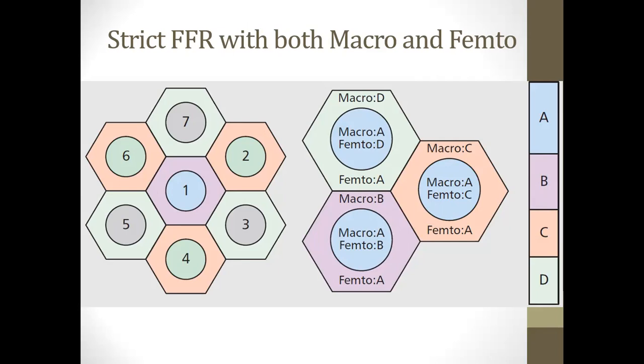None of the problems we have discussed today. You don't have any of them. So this is a good solution. However, if you have some femtocells which are very localized, inside buildings, then you can use,